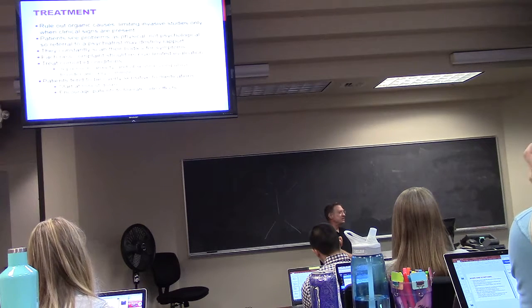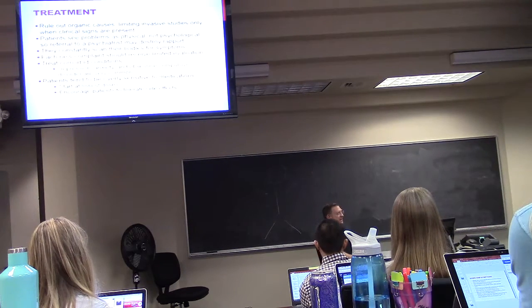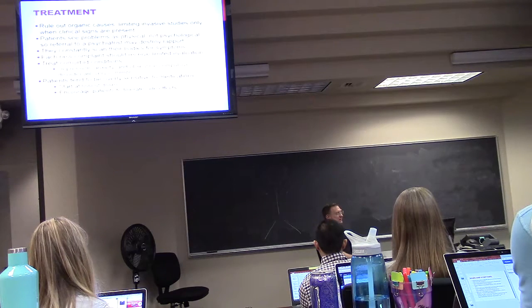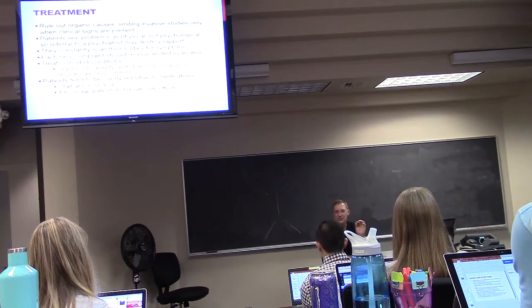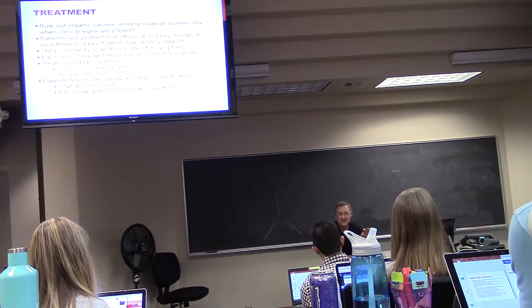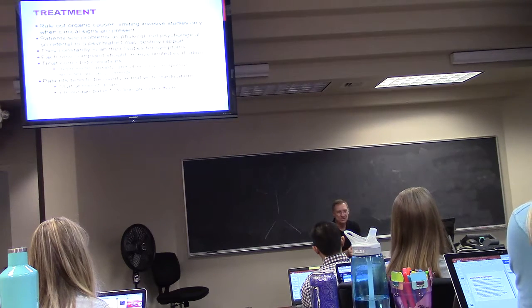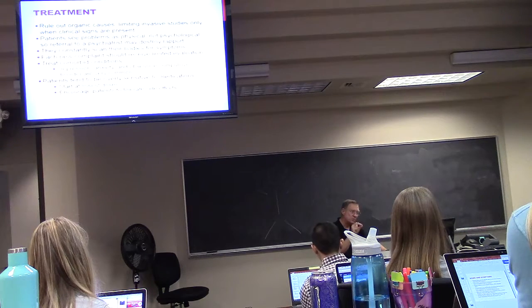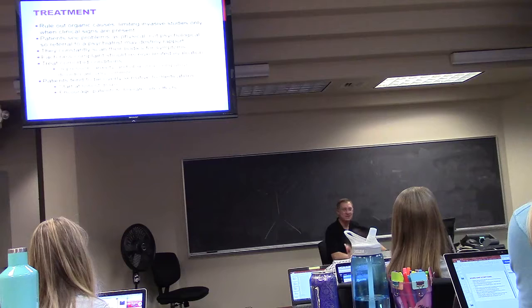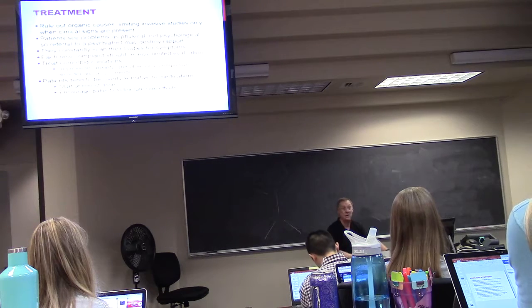Treat comorbid conditions. Depression, anxiety, obsessive compulsive disorder are very common in this group of people, which would make some sense. Patients tend to be overly sensitive to medications. Again, start at low doses, encourage people to tolerate side effects, because every little twinge or something that's not the way they usually are, when you take medicines, there usually is some little variation that can happen that's overinterpreted as toxicity or poisoning or another symptom of a new disease. So just be ready. That's why you dose them low and tweak them and just try to minimize care, because the more stuff you do, the more stuff you give them to get worried about.